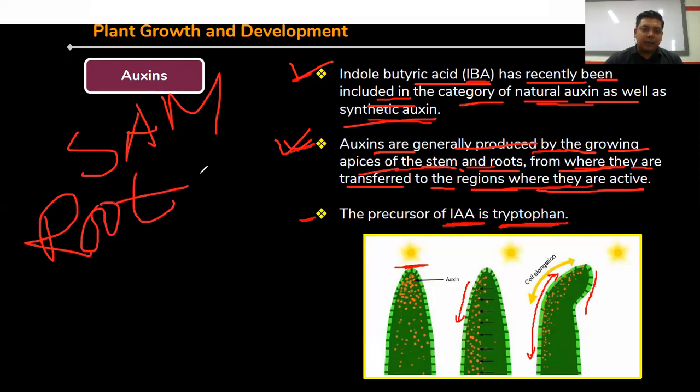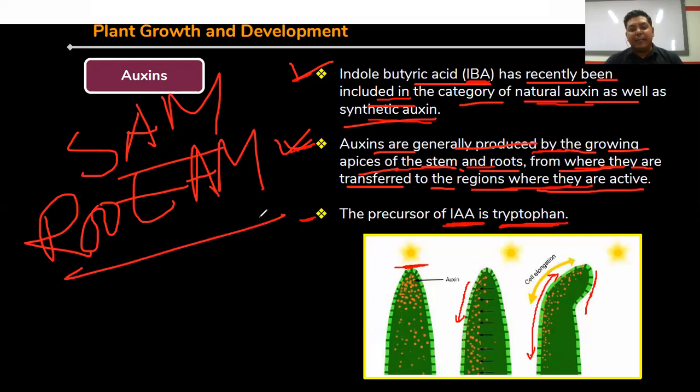After the formation of a new plant or seedling, the shoot apical meristem is present at the tip of the plant and is involved in the growth of the shoot or stem, and the root apical meristem, or RAM, is present at the tip of the root and is involved in the growth of the roots, right? So auxin is generally produced at the tip portion of the apical axis, it may be the shoot or stem as well as the root or radicle, right?